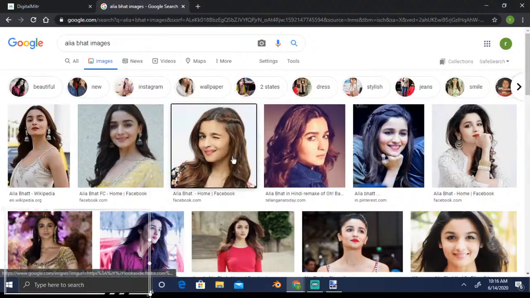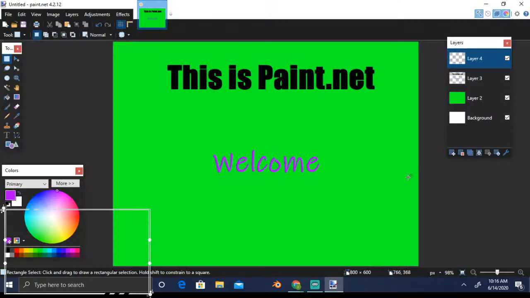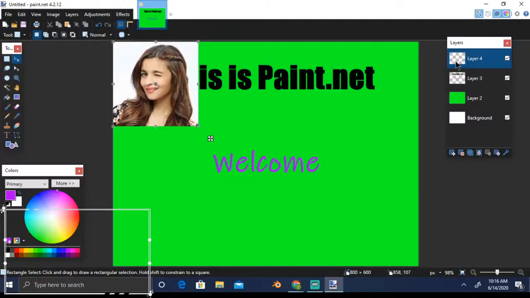Or you can directly copy it and bring it to paint.net. We have a new layer and you can just paste it here.